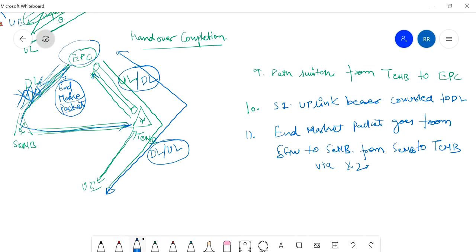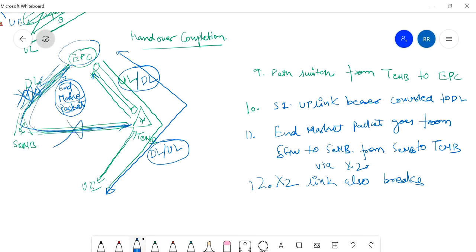After that end marker packet, this X2 link also breaks, meaning the purpose of the X2 link has been completed, because after the end marker packet no more packets would be flowing via this path.